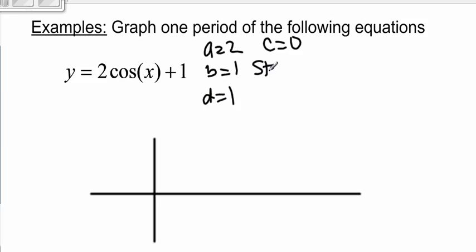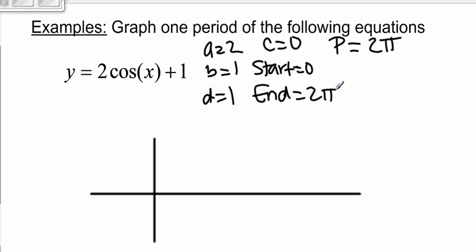My start is 0. Oh, I forgot to put my period. I might have forgotten that on the first one. My period for cosine is just 2 pi. Okay, my end will be my period, which is 2 pi, and my middle